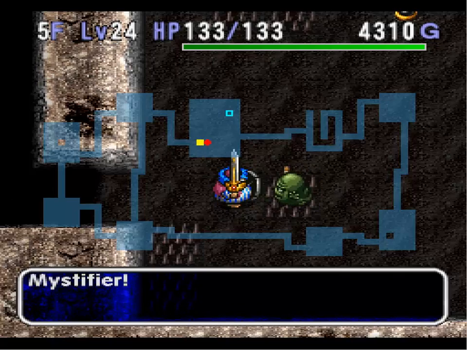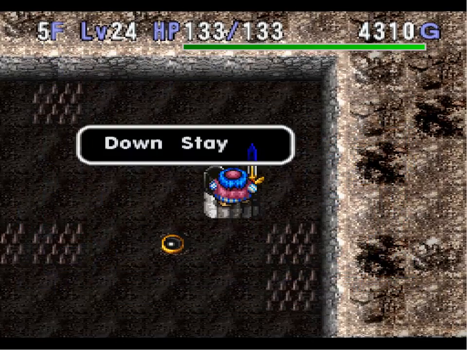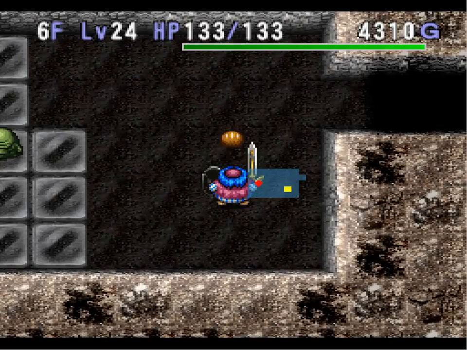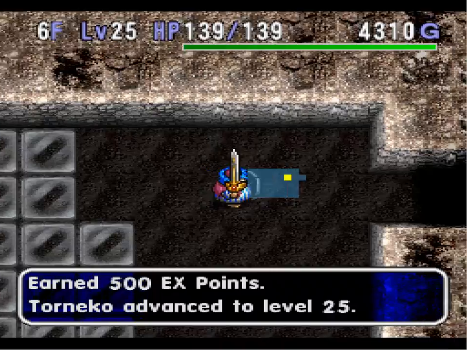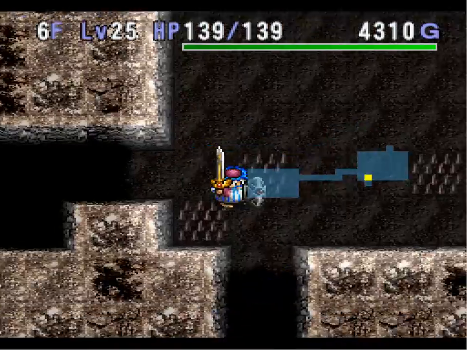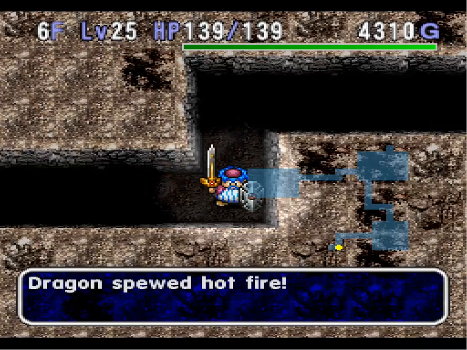So what are the items that are unique to certain dungeons? Magic Sword to Mage Dungeon, Life Ring to Fighter Dungeon. The Life Ring is interesting because what it does is increases your current and your max HP by 50. Which I would presume means that if you have really low hit points, what you can do...